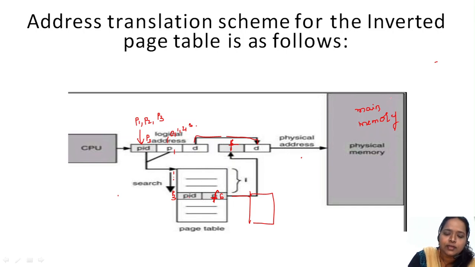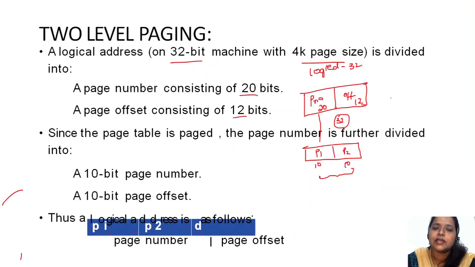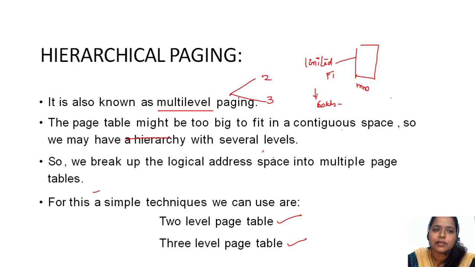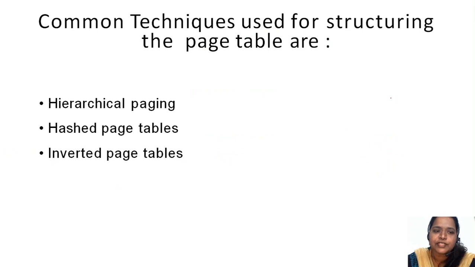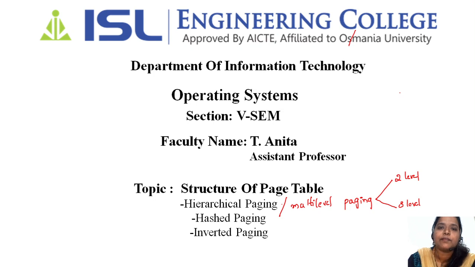So these are the three different structures of a page table. What are the three different structures we have seen? The first one is the hierarchical page table, the next one is the hashed page table, and the third one is the inverted page table. As I have said, in hierarchical page table we have multi-level paging, that is 2-level paging and 3-level paging, depending on the memory locations. If it is 32-bit, we have seen that we go for 2-level paging, outer page and inner page. If it is 64-bit, we need another page.